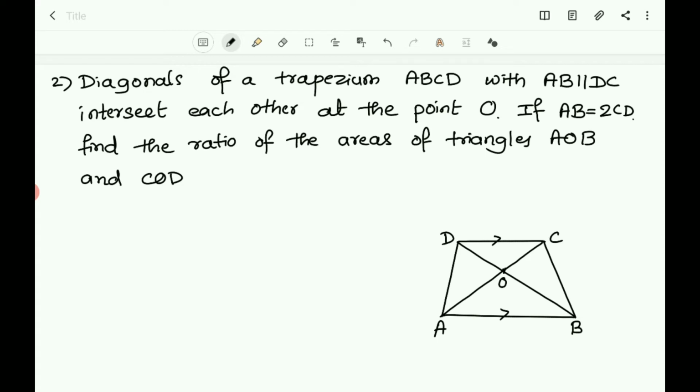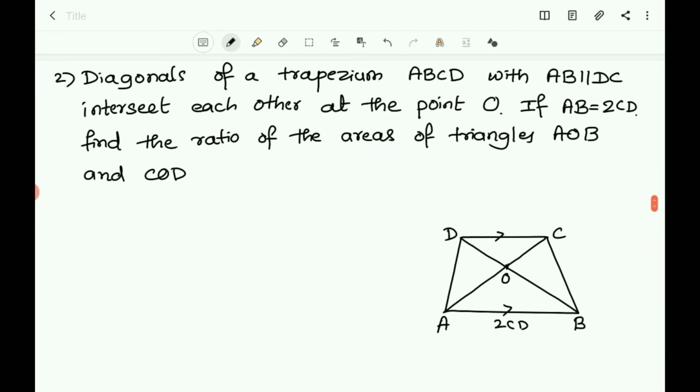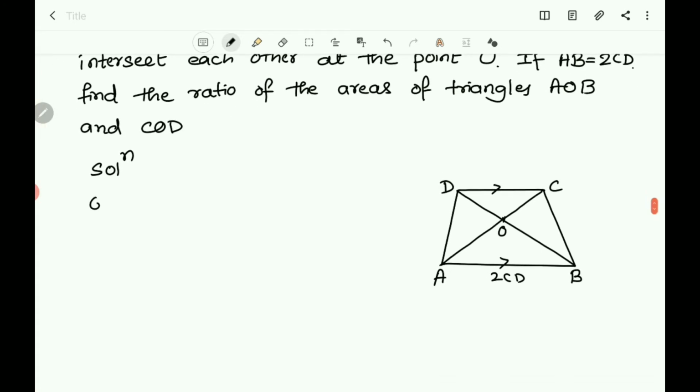ABCD is a trapezium with AB parallel to DC, and the diagonals AC and BD intersect at O, and also it is given that AB is twice CD, that is AB is 2CD. And what do you have to find out? Find the ratio of the areas of triangles AOB and COD. Now in the figure, let us have the solution. Given that